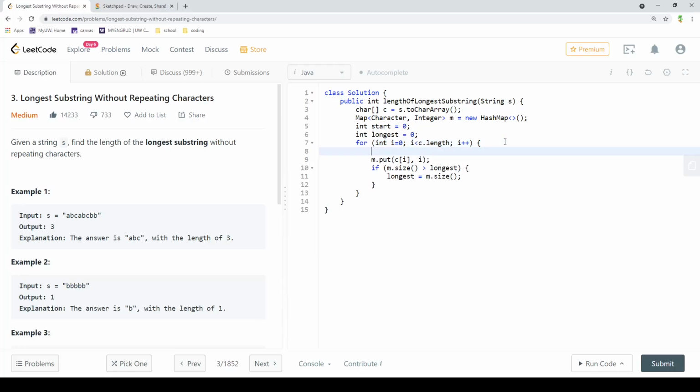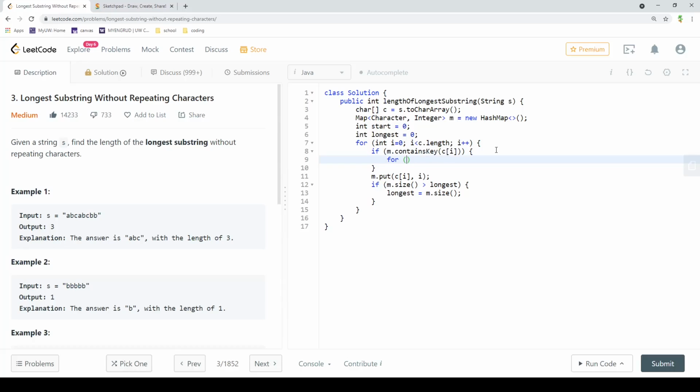Now, what we need to do is take care of the case where we see a duplicate character. So if m.containsKey, our current one is a duplicate, then what we want to do is start from our previous starting index, and then go to where our duplicate is, and we just want to